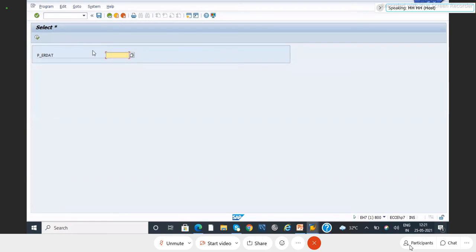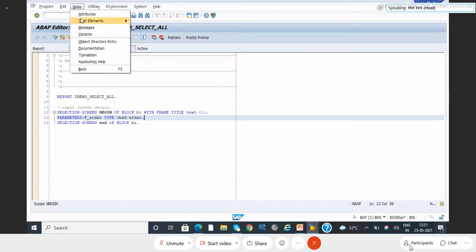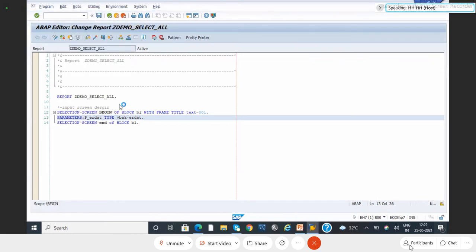So you can see the block and everything, but the block has no name, and for my technical field I have it, but I'm not able to see the text here. Okay, you need to get the selection text for that. So you need to maintain it here. Go to text elements and make it here. So you can go through here and you can do it. This looks like a very slow system.